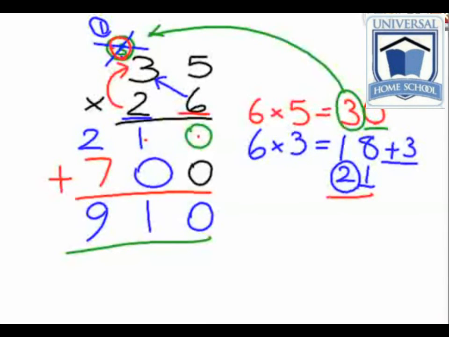Then we multiplied by the 2. 2 times 5 equaled 10. We placed down a 0 here and we carried the 1 over. Now don't forget we placed the 0 here because the 2 is in the tens column. The 2 times the 3 equals 6 plus the 1 we carried over equals 7. Then we add